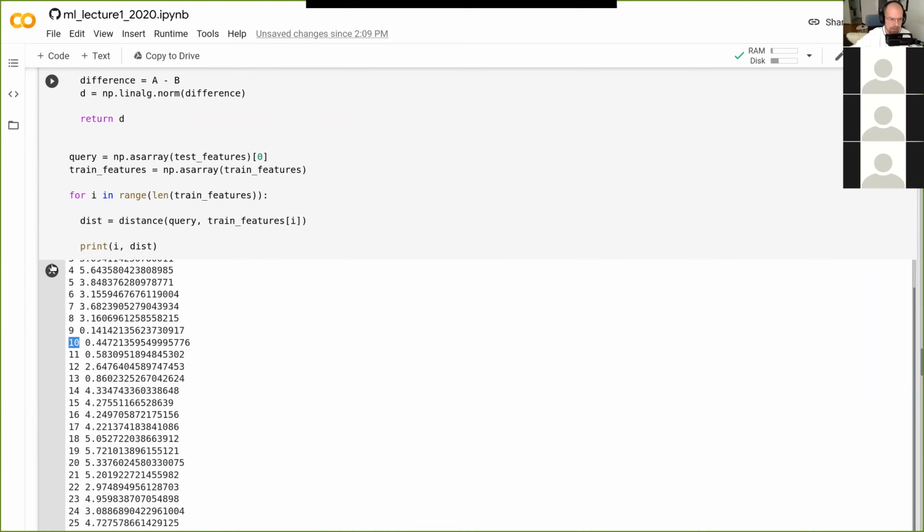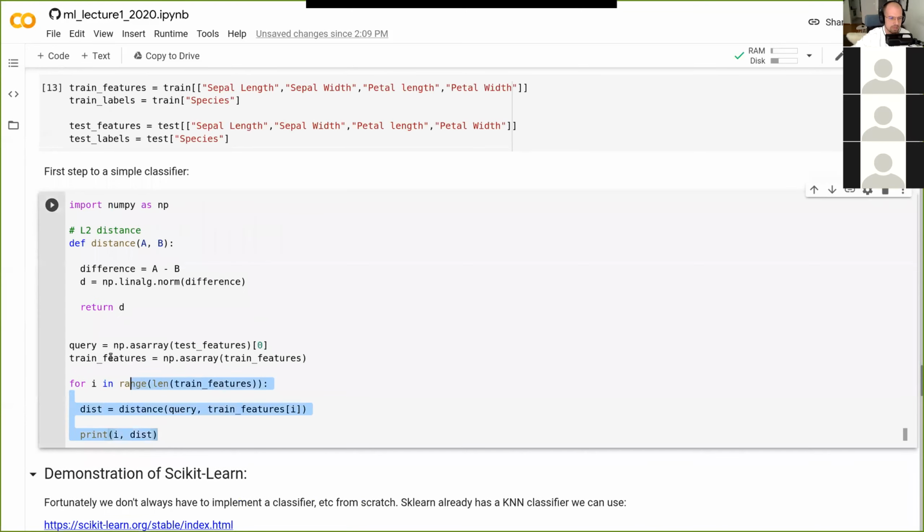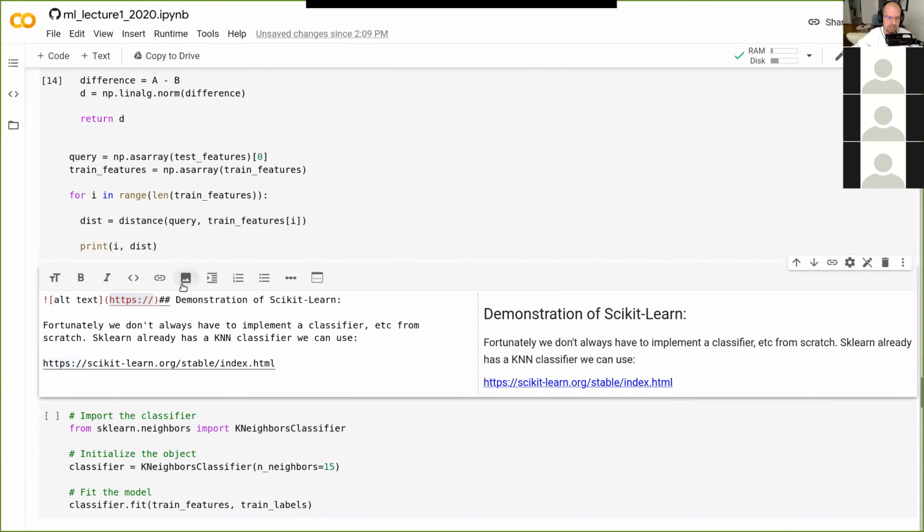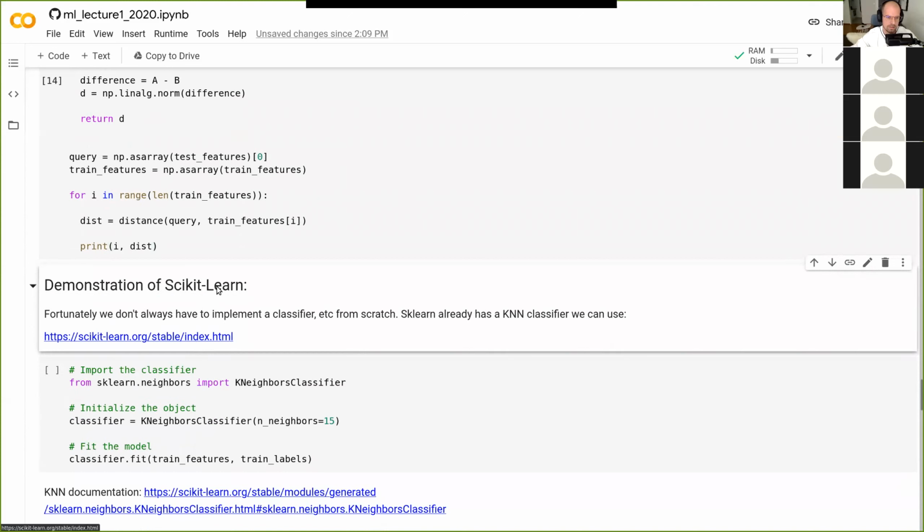Now this would be a lot of coding, so let's actually try and do this instead of implementing everything ourselves, because that's usually not how we want to go about doing things in your day-to-day life. You actually want to use as much code that is made by others as possible. And especially for machine learning, there are a lot of really advanced machine learning procedures that you can use. One of the implementations of this is in this toolkit called scikit-learn, and I think it has 15 different classifiers and 20 different forms of regression, and it just has so much. There's so many things you can do in this.